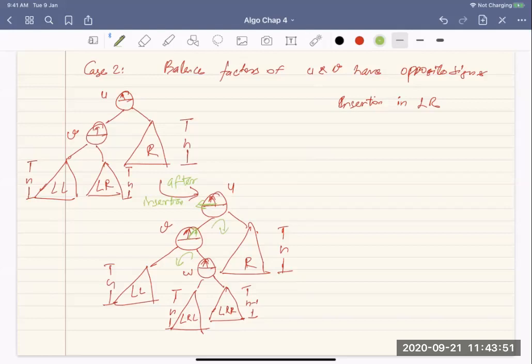So let's see what happens with the left rotation of V. Just by this left rotation of V, you will get W here, then V gets its LL, and V also gets the LRL, and W retains its LRR.